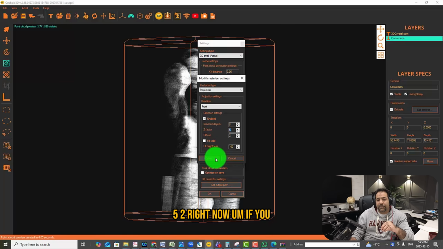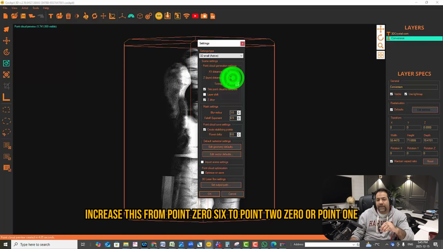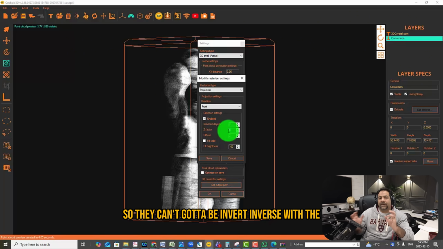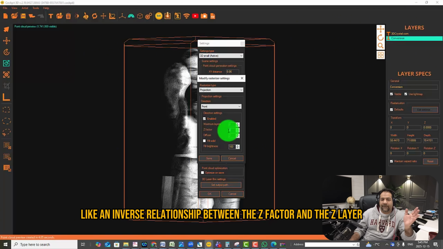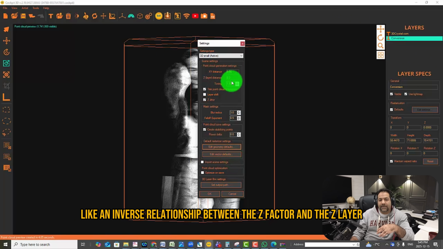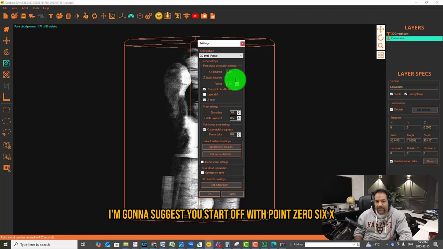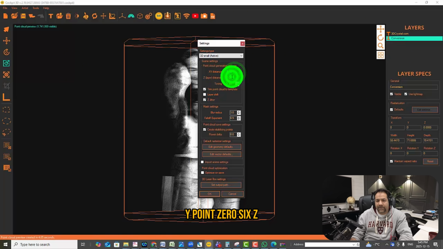If you increase this from 0.06 to 0.20 or 0.14 or whatever it is, then you should decrease this. So they have an inverse relationship between the Z factor and the Z layer distance spacing. To keep this simple right now, I'm going to suggest you start off with 0.06 XY, 0.06 Z,